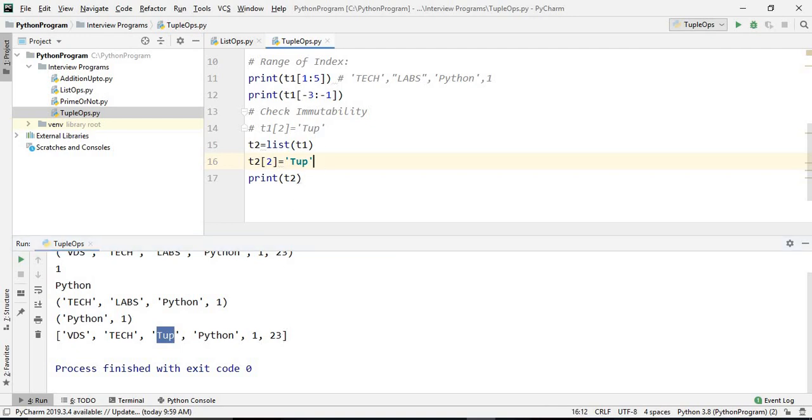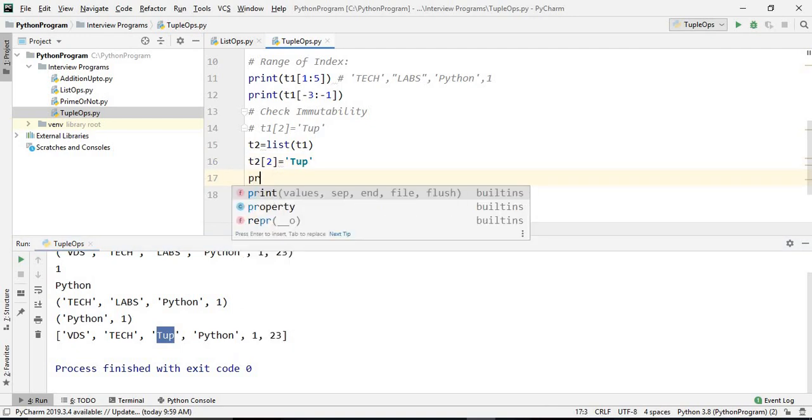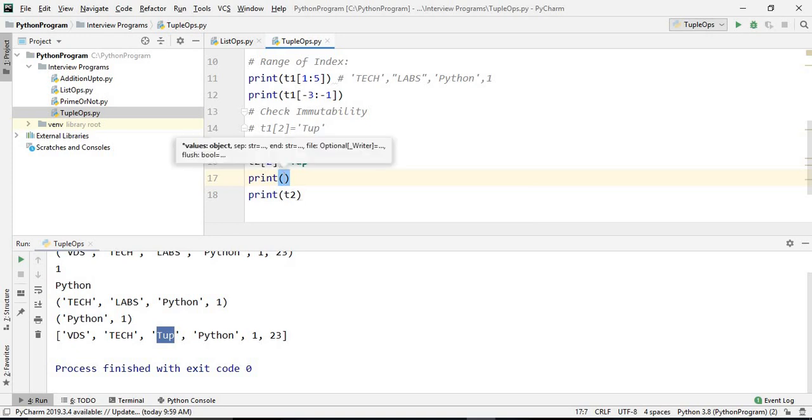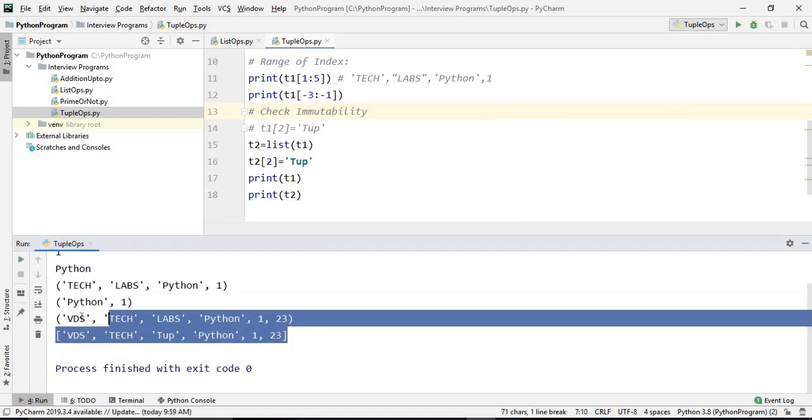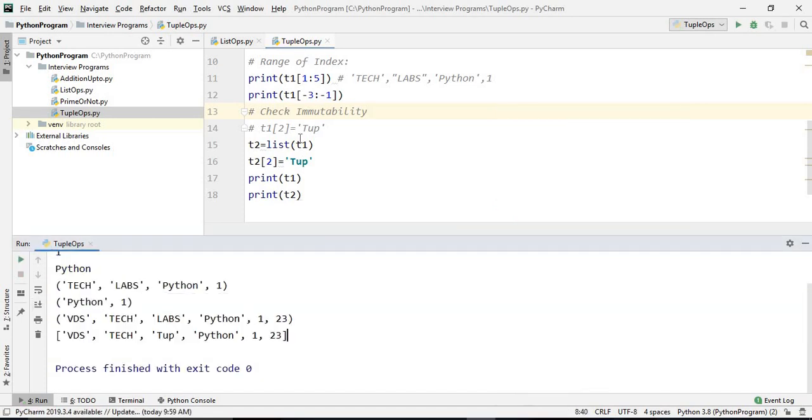And in the same way, for better analysis, we also print T1. So this converts it into a list. So there is a workaround, but we cannot modify a tuple once it is created.